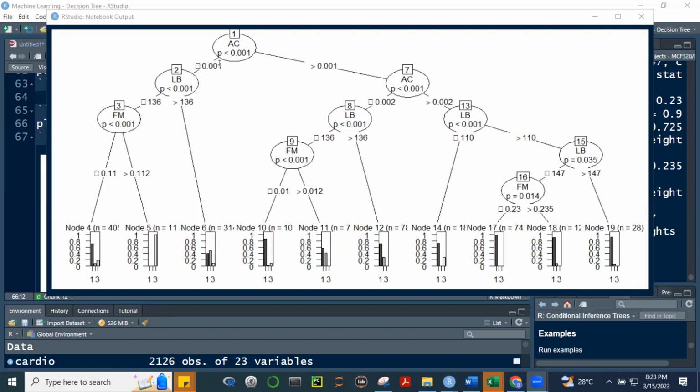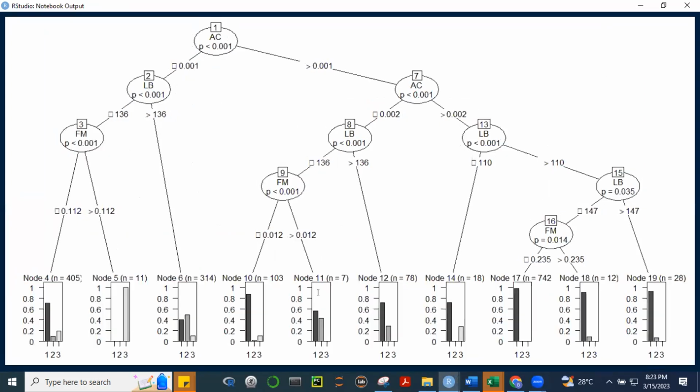If it's less than 0.001 rounded off, it will go to LB. Is LB, this one is less than yata to, no? Less than 136 kasi ito greater than 136. If it's greater than 136, then dito siya. No? Pupunta siya dito sa node na to. So ano yung node na to?